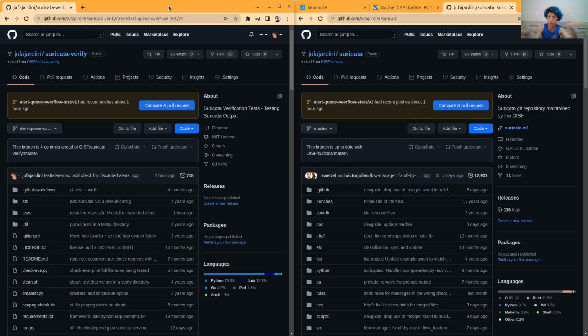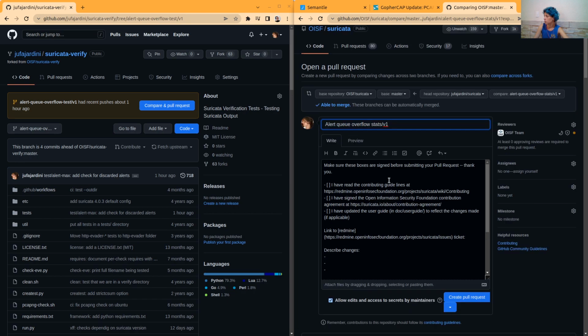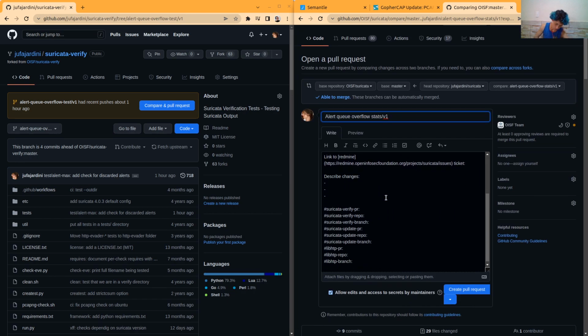So that's how I try to organize things. And I'm not sure if that is in our guidelines, but if you try to open a pull request, you'll see this here.